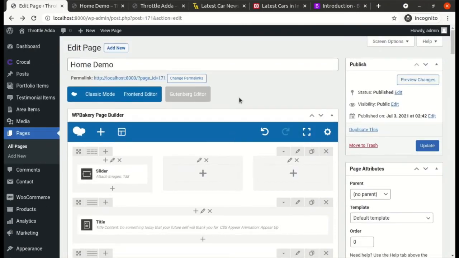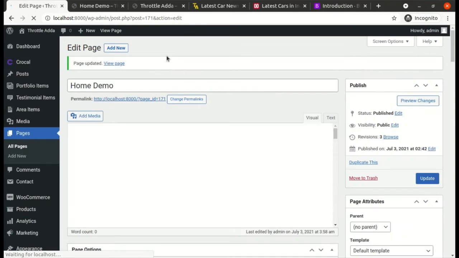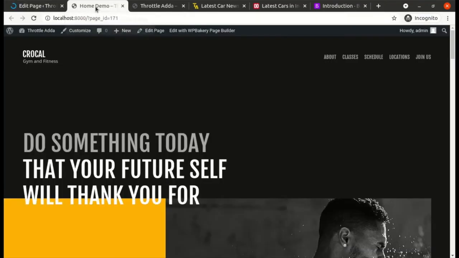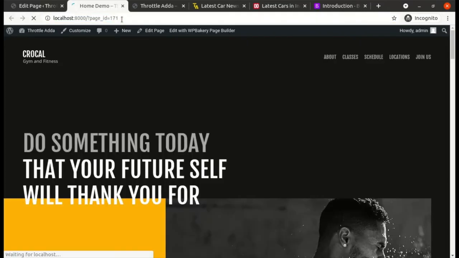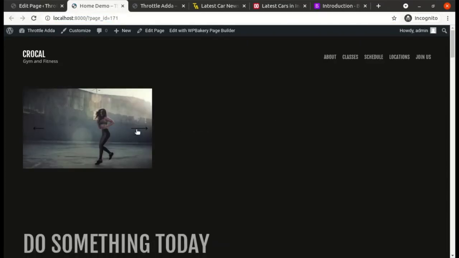Okay, great. So we have added our first slider. We will go ahead and click on update. After it's updated, we go back to the home page, this same page that we have. We click refresh. Great. So we have added a slider over here, a small slider. You see the two arrows, right and left arrow. Now there are no images, hence it is not rotating. In the next step, we will add more images to this slider and we'll check how it works.